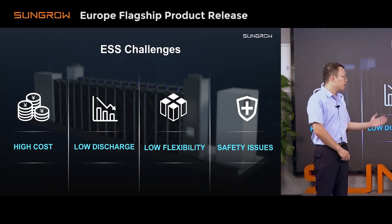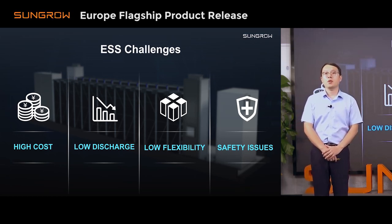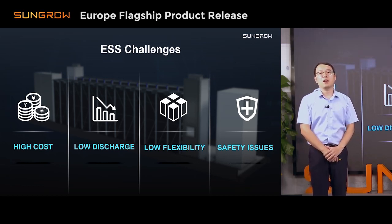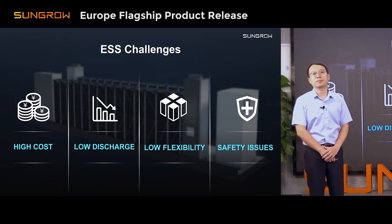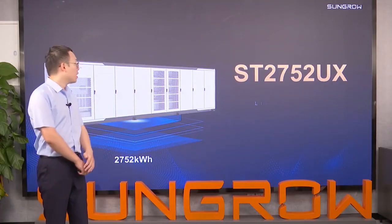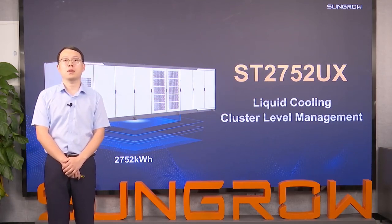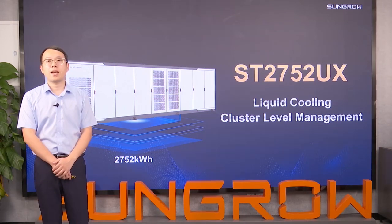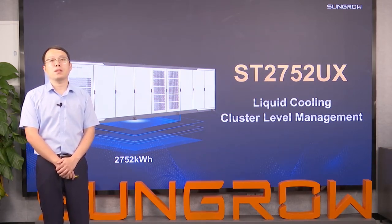Last one is the safety. In recent years, there have been some energy storage safety accidents around the world, which are largely related to the failure of early warning and fire protection measures. This time, the flagship product launched by Sungrow will focus on the solution of these issues to bring customers a better experience. Please allow me to introduce you the